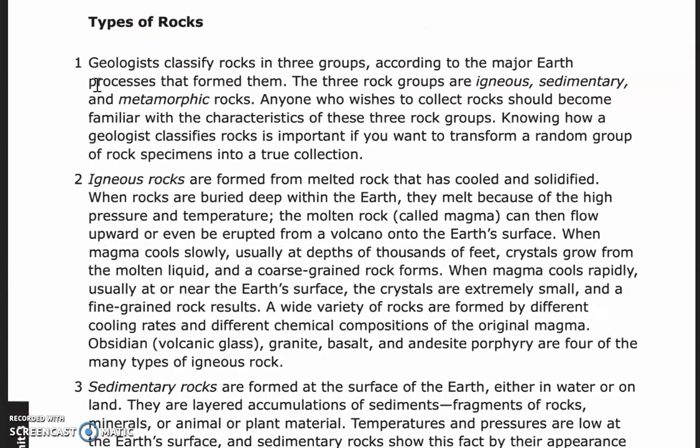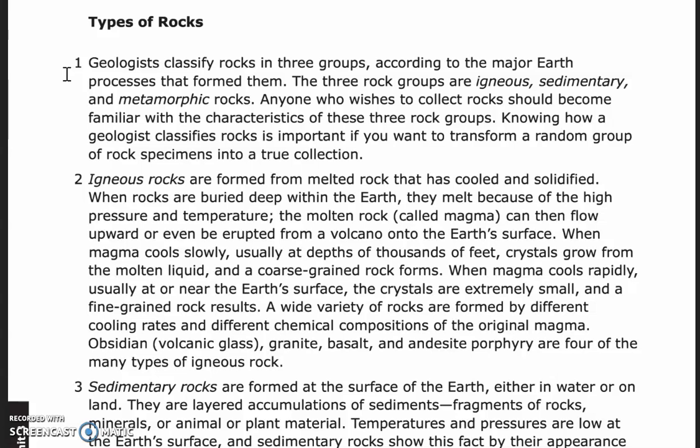Types of rocks. Geologists classify rocks in three groups according to the major earth processes that form them. The three rock groups are igneous, sedimentary, and metamorphic rocks. Anyone who wishes to collect rocks should become familiar with the characteristics of these three rock groups. Knowing how a geologist classifies rocks is important if you want to transform a random group of rock specimens into